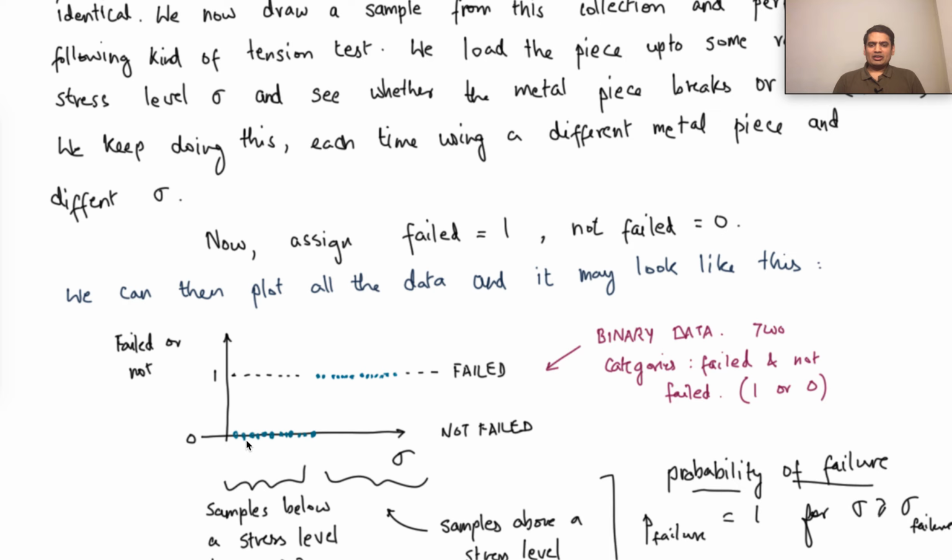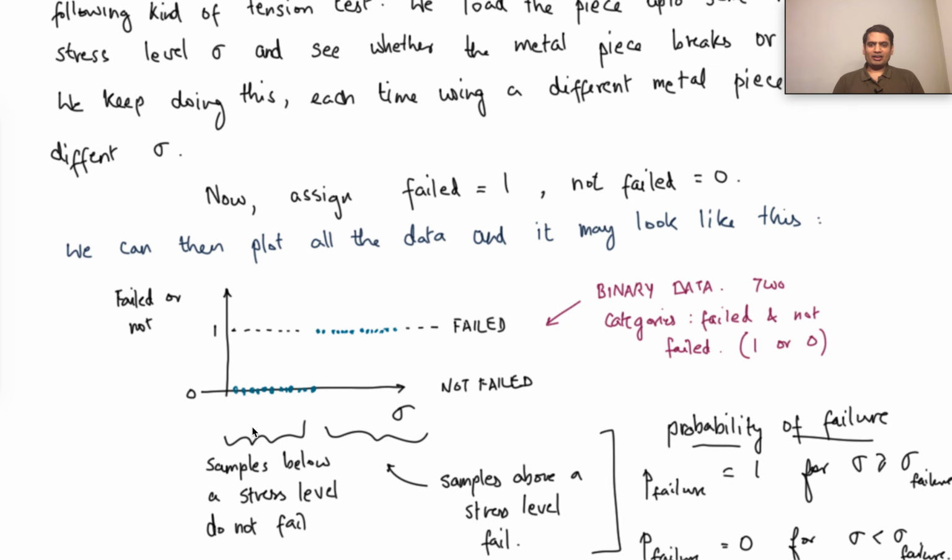So you can imagine, for instance, if the materials are somehow perfectly machined and they're all perfectly uniform, and there is somehow no stochasticity in its response, then you might expect the following kind of behavior, where below a particular stress level, the failed or not output is basically 0. In other words, the material does not fail,